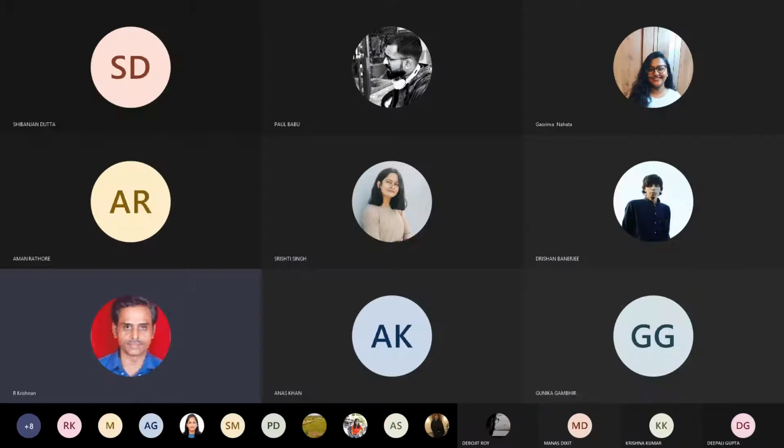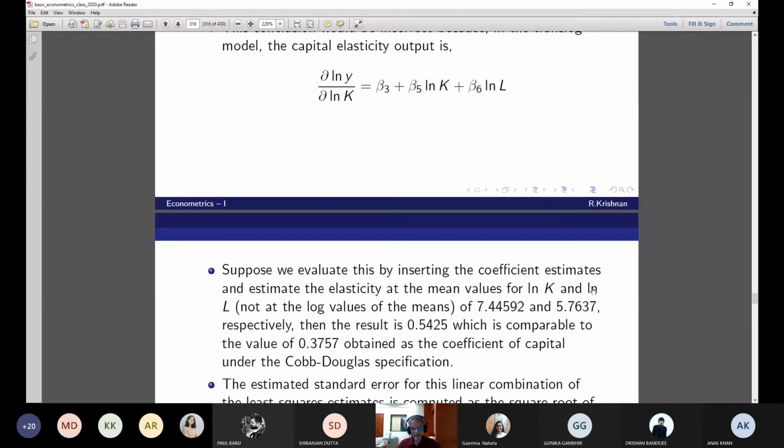values. It is the practice to evaluate the elasticity at the mean values of log K and log L, and not the log values of the mean values of log K and log L, which is given as this. And you evaluate this elasticity by inserting the coefficient estimates and evaluating at the mean of log K and log L. This gives an elasticity of